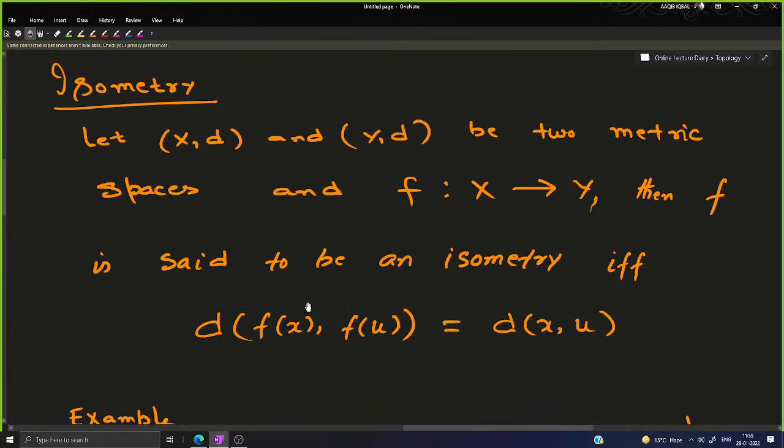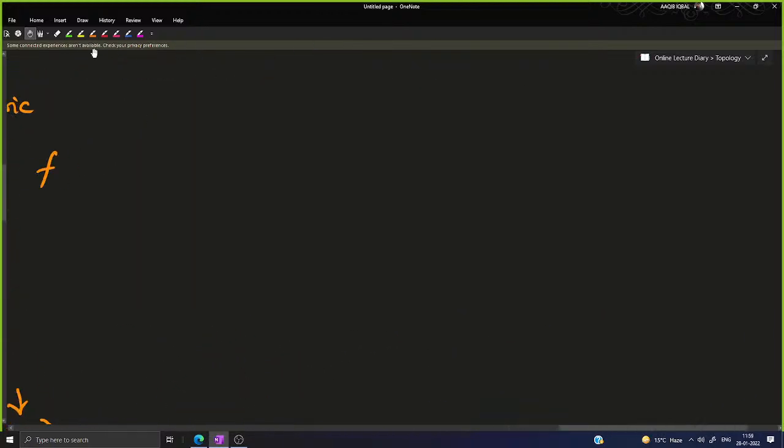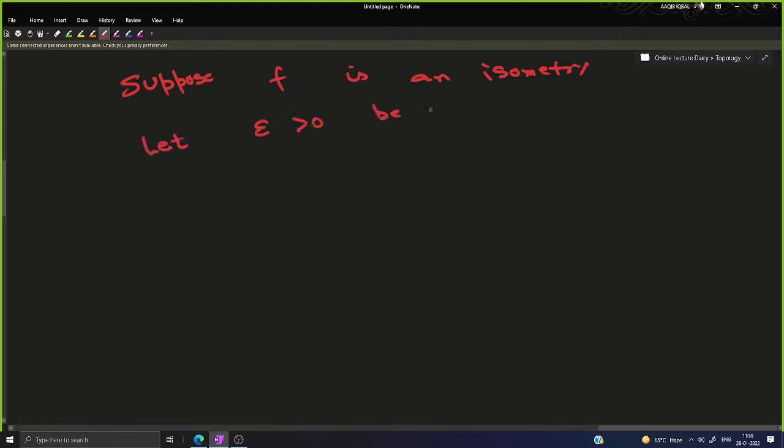Now these isometries are uniformly continuous. How will you see that? There is not much difficulty in it. Suppose f is an isometry, and let epsilon greater than 0 be arbitrary. Then the distance between f of x and f of u will be strictly less than epsilon if and only if